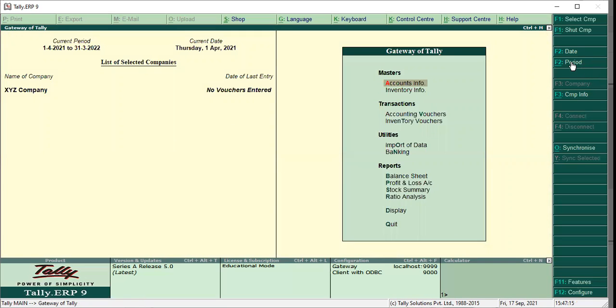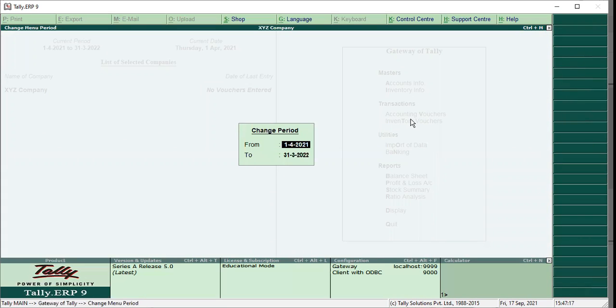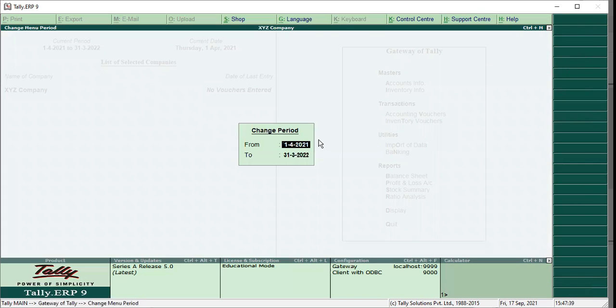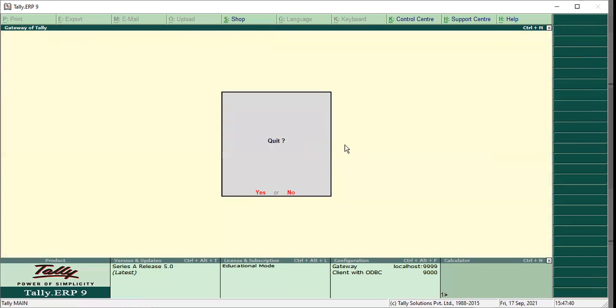Next, current period: if you want to change the current period, you have to press F2 in the vertical bar, these are the options we have to select. Alt F2: either you can use the mouse or press Alt F2 because it has a single underline. So the current period you can change.